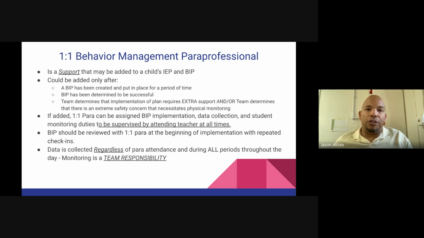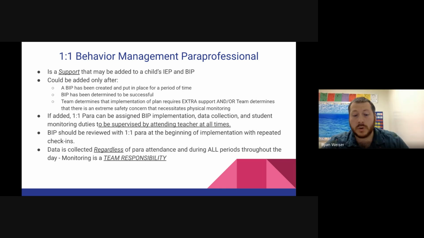And also, if I can just jump in, we were talking about this earlier. The presence of a one-to-one is the most restrictive service that you can provide for a child, right? So when a one-to-one is assigned, we have to acknowledge that this child is in the most need, right? That's what we are deeming this child to be in as a school. And so our goal, and we'll get to this a little bit later, is to work towards the removal of that one-to-one.